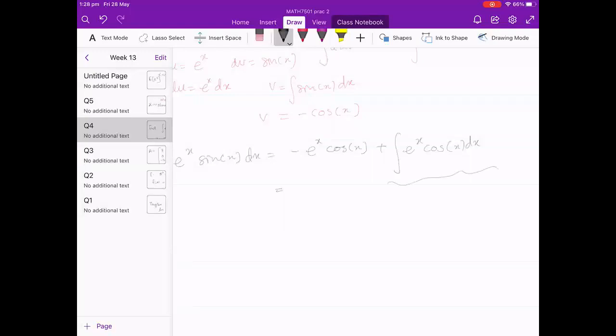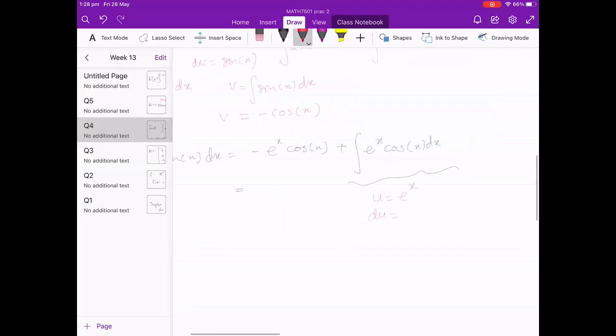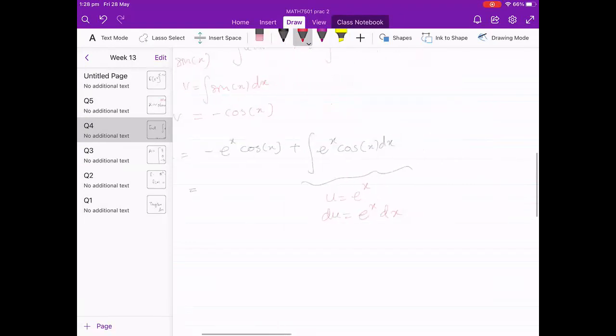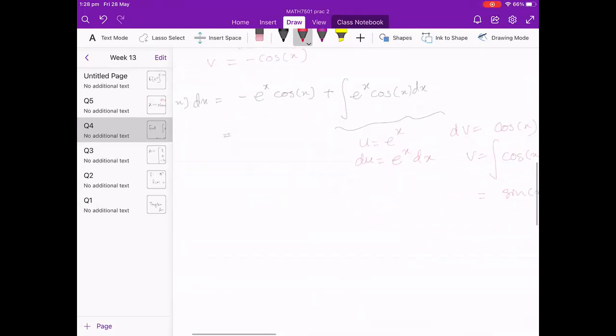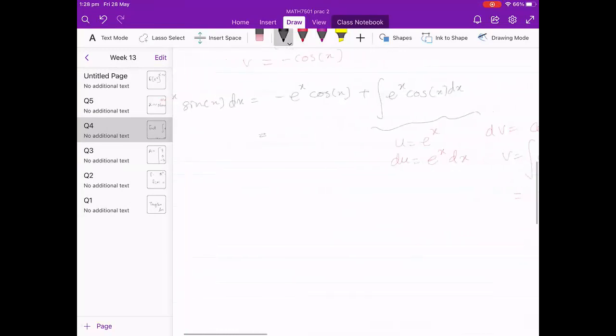You can again use by parts here. Again, u equals x, du equals dx, and so v is the integral of cos x dx, which is equal to, what is the integral of cos x? Sin x. So that's minus x cos x plus